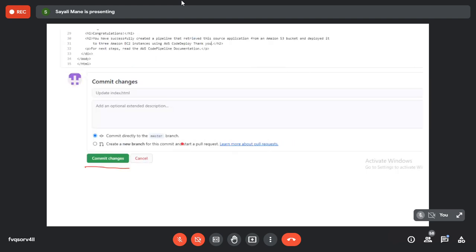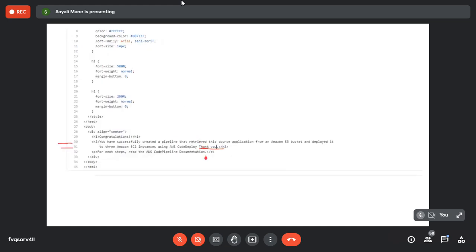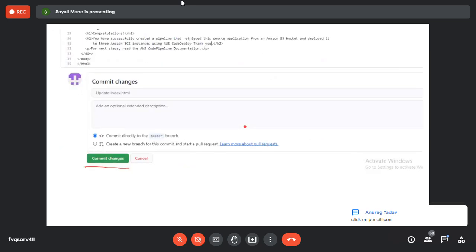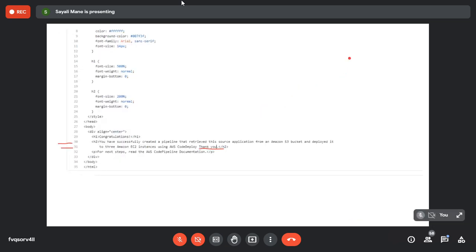After that, scroll down. You will see the commit changes button. Are you getting this screen? Ma'am, I cannot edit that line. Sorry, I forgot to mention it. Open the index.html, and on the top right hand side there will be an edit option. Click on the edit, or pencil icon as your friends are saying, and then edit it.